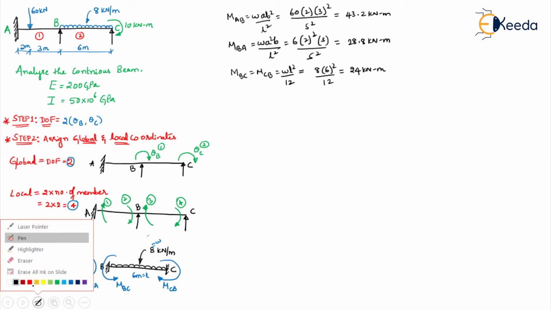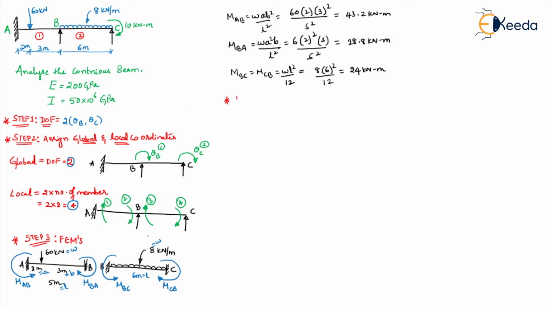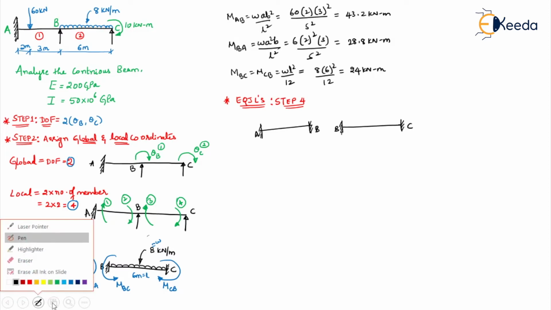Now what will be the fourth step? The fourth step is to calculate your EQJLs. So how will you calculate your EQJLs? You just have to reverse the direction of the fixed end moments, whatever you have obtained. So this is your beam AB and this is your beam BC. So A, B, B, C. So to write the EQJLs,